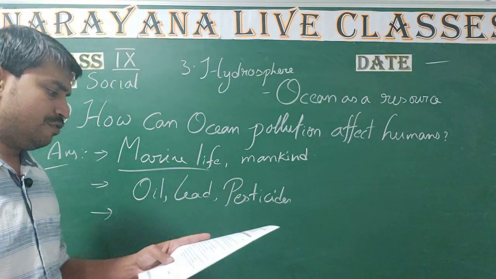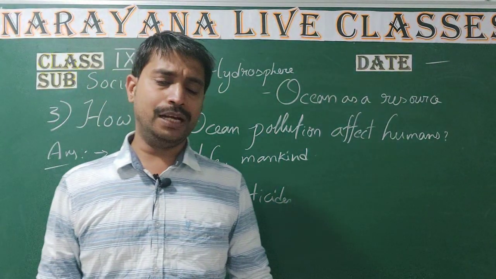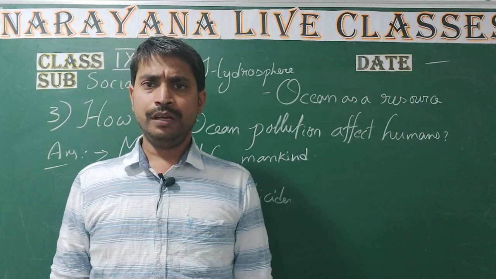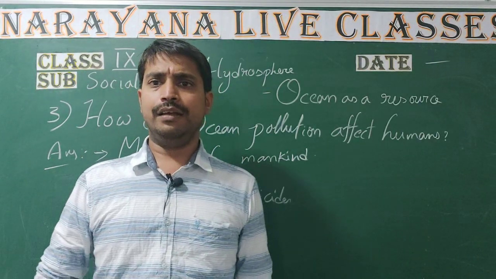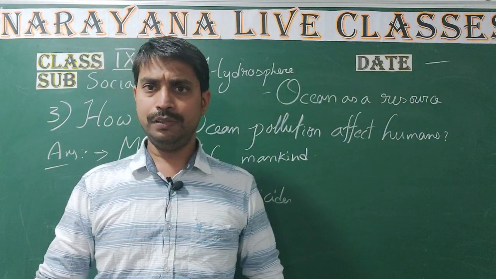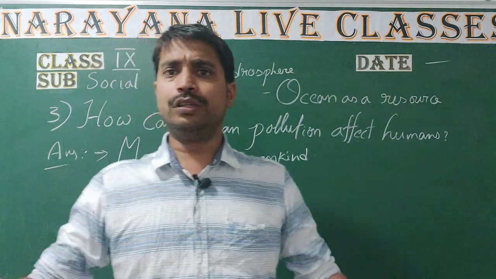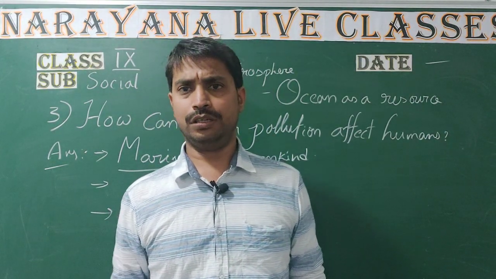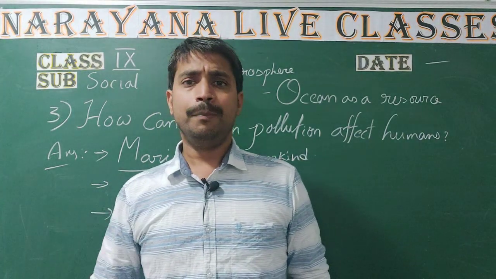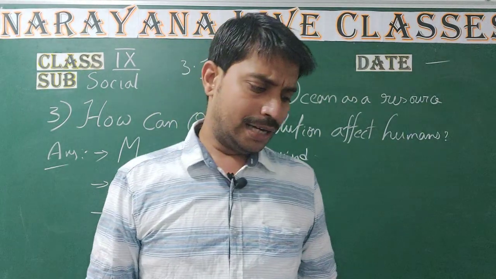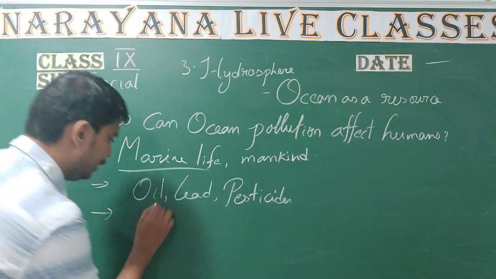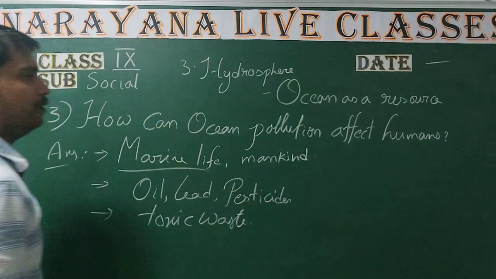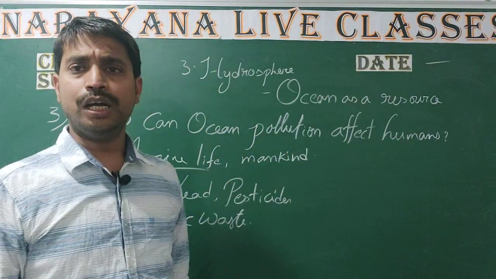And the fourth one, the last one, is that oceans have also become a dumping ground for plastic. Yes, we people are regularly eating food, packing the food, and moving here and there. Where are we packing? In plastic bags. Clear, children? So especially nearby the oceanic part, a huge amount of plastic has been thrown into the water. We can see the floating plastic bags clearly. So that is also another reason, plastic and other forms of toxic waste. So these are all the major causes by humans for oceanic pollution.